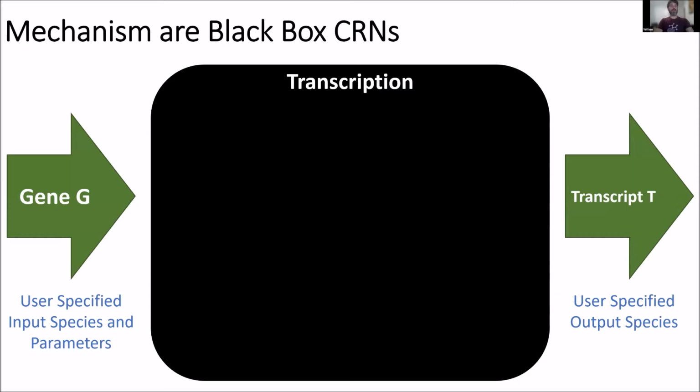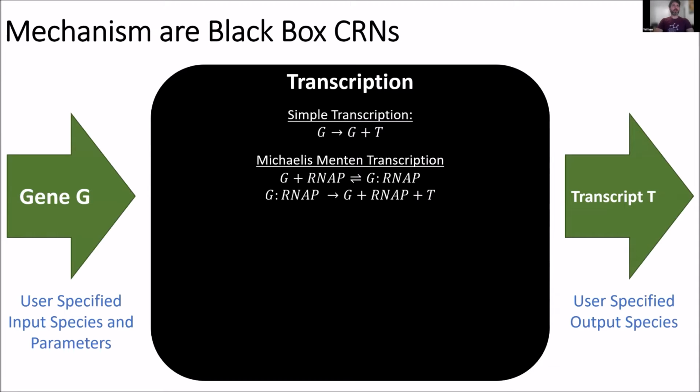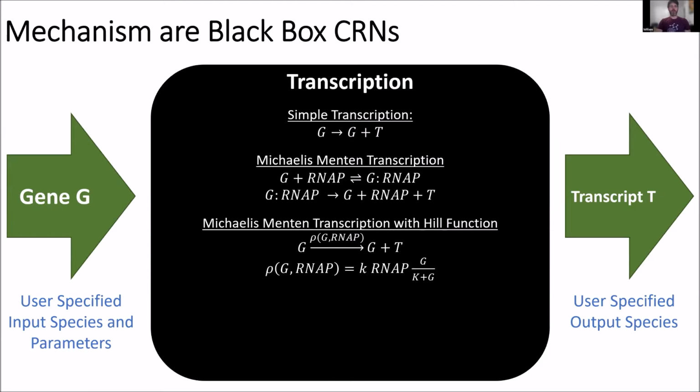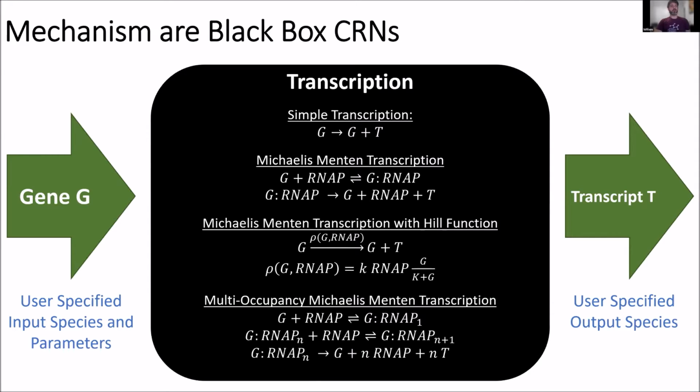But there's many different ways this could happen. I could have a very simple model of transcription, like a gene goes to a gene plus a transcript. Or I could have something more like a Michaelis-Menten model where the gene binds to RNA polymerase and then that complex is transcribed to form a transcript and the process unbinds. Or maybe I want to use Hill functions instead for some reason. Or maybe I want to notice that there's actually the possibility to have multiple RNA polymerases on one gene, and I want to enumerate all of these different possible combinations and have an even more complicated model,